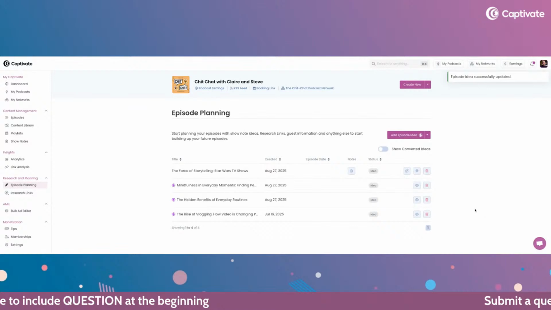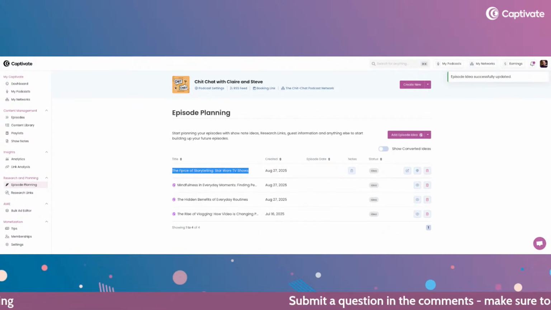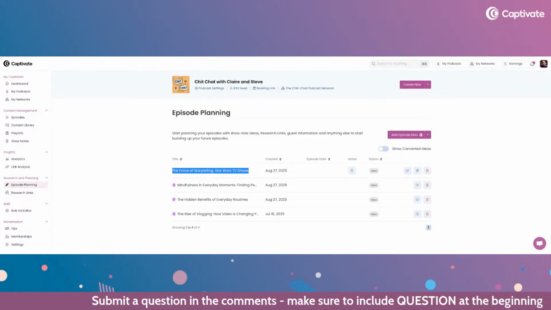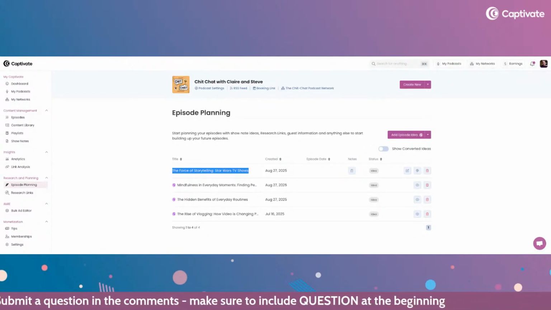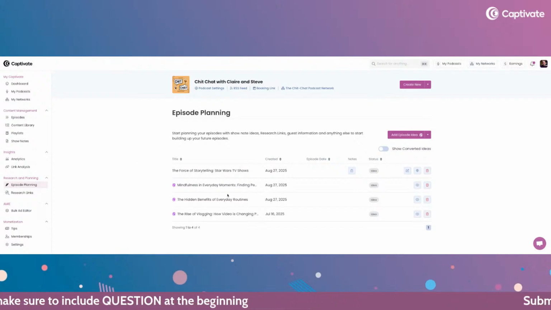So I'm going to update that, and now you can see I've got that here, and it's not got the little icon because that is one. Even though I used the AI tool to give me an idea, it was still kind of like a manual prompt, if you like, into the AI tool. Okay, so that's the 4 that we've got so far.